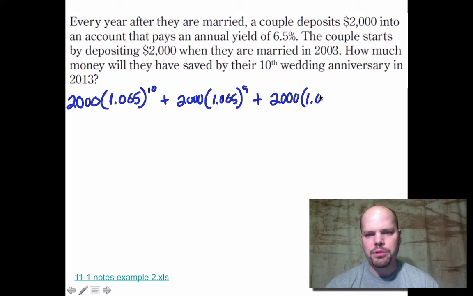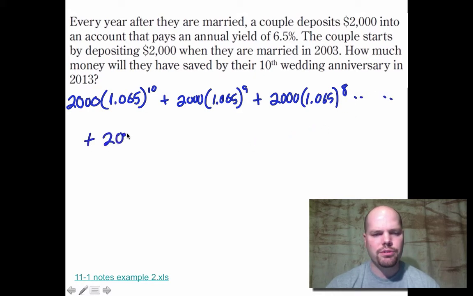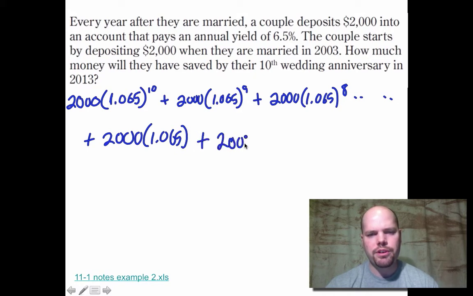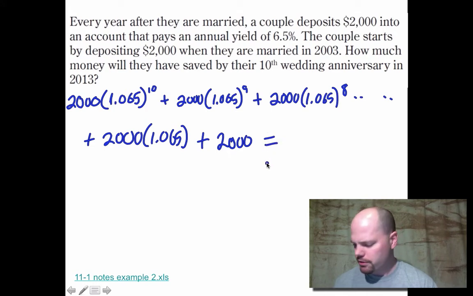So 1.065 to the 8th, and so forth, until you get to the last two. So I'll just write those out. Plus 1.0 times 1.065 to the first, plus $2,000, which would be on 2013. So you'd need a 7, a 6, a 5, a 4, 3, 2. We got the 1 and the 0. Okay. So if you did that, you get about